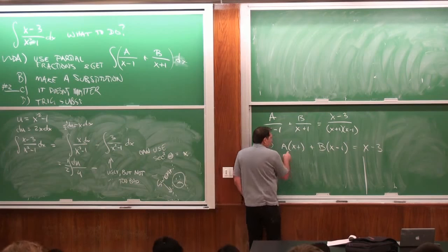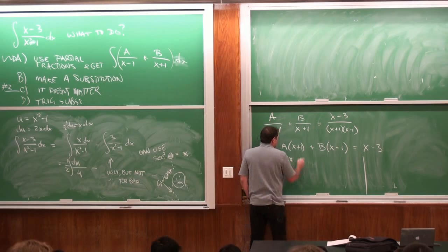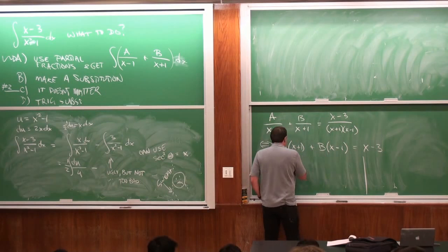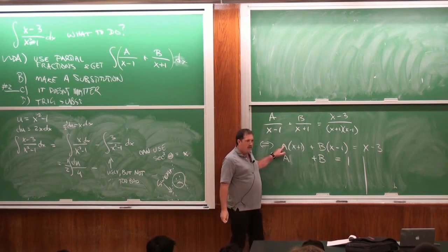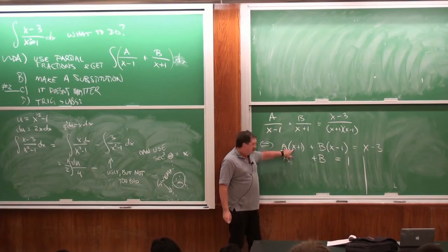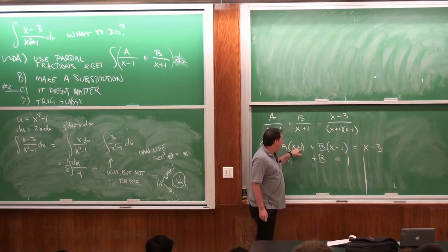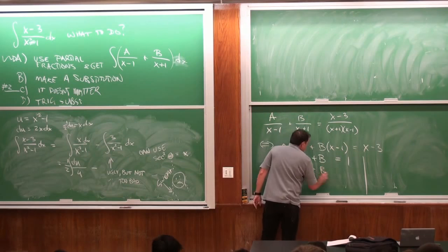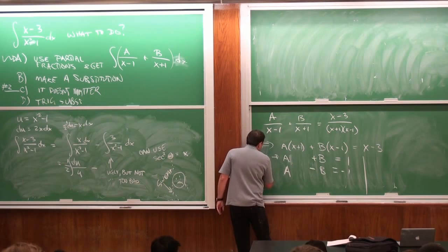So either I can say, if I clean this out, there's a 1 there, ax plus a, but I'm not going to worry about that. Let me leave the x off, in fact. a plus b has to equal 1 because the coefficients of x, a plus b, have to match. And then the coefficients of the constants, a minus b, have to equal minus 3. So this is from the x, and this is from the units.